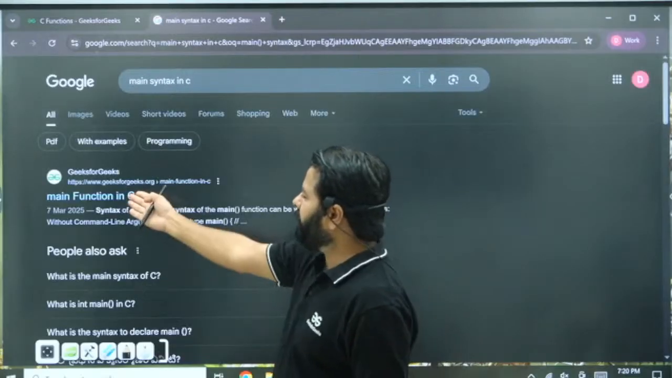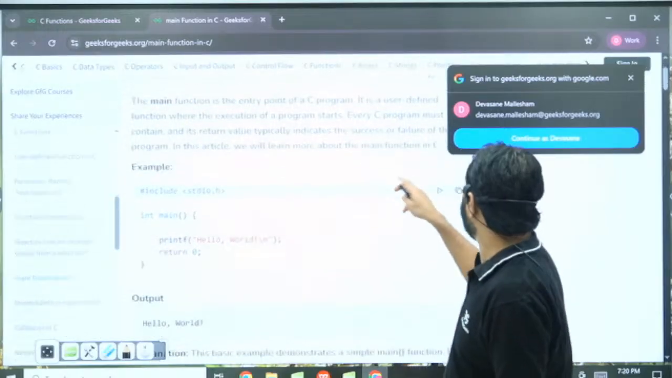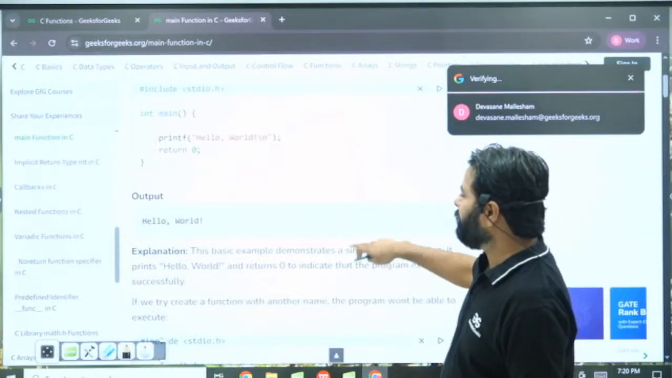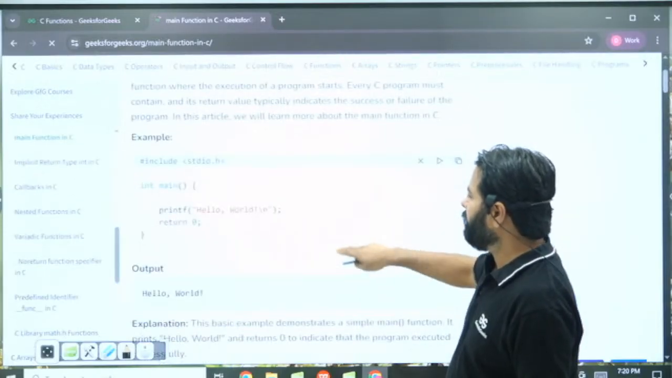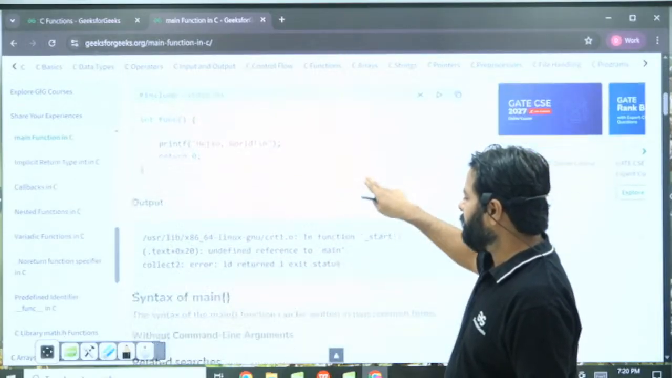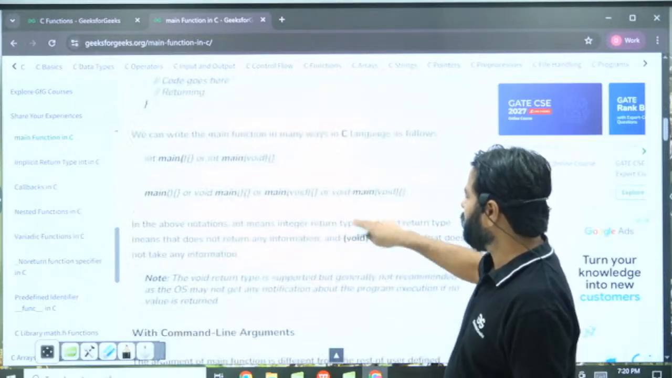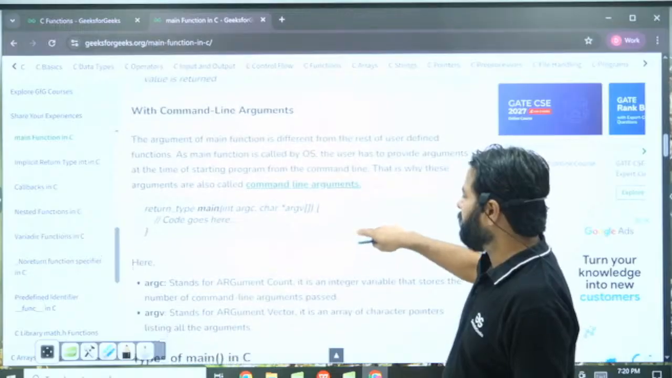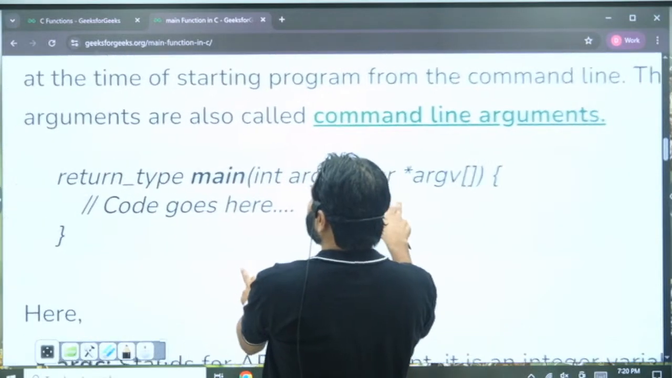We are so lucky that Geeks for Geeks comes first always, and we are so thankful to Geeks for Geeks to see that main function. Right, we're almost there. Going on. Right, this is the main syntax. If anybody can see it,